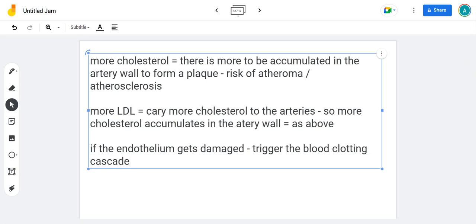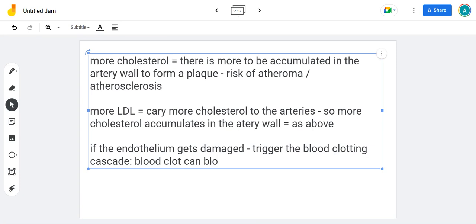So remember that means it's going to release thromboplastin, and that's going to catalyze the breakdown of those molecules from the longer names to the shorter names, which ultimately results in that fibrin, which causes the mesh, and the red blood cells and the platelets stick to it, and that can cause your blood clot. So trigger the blood clotting cascade, and then the blood clot